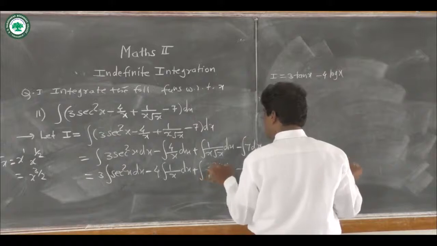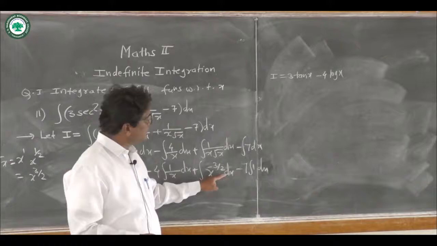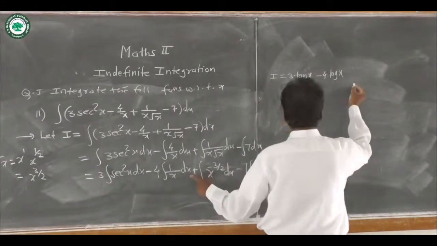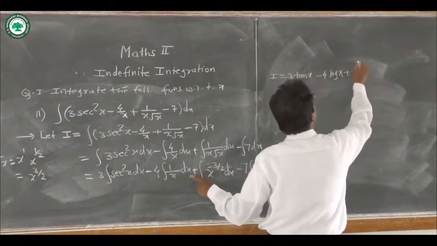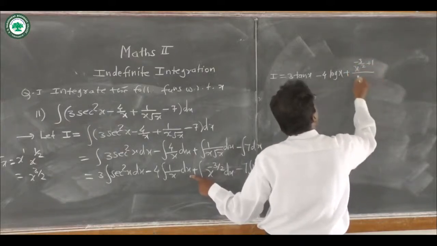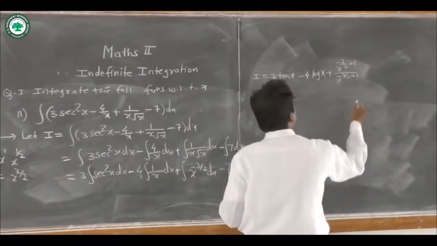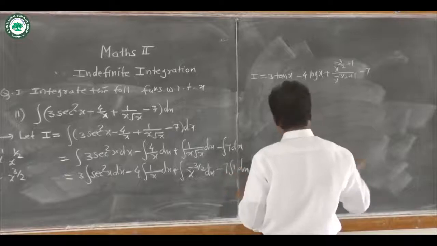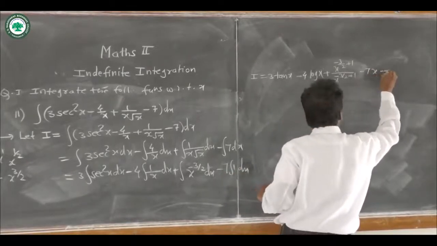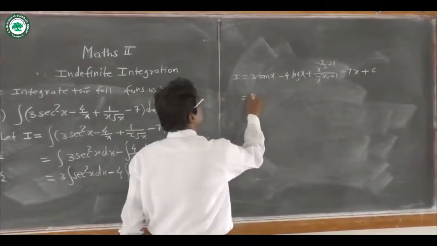Now here we use the integration of x to the power minus 3 by 2. Here we use the formula of the power function. So plus x to the power minus 3 by 2 plus 1 divided by minus 3 by 2 plus 1, minus 7 times integration of 1 dx, we have seen it is x, and lastly write down plus c, and so it is equal to 3 tan x